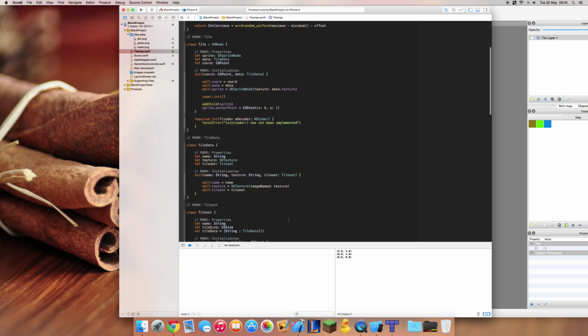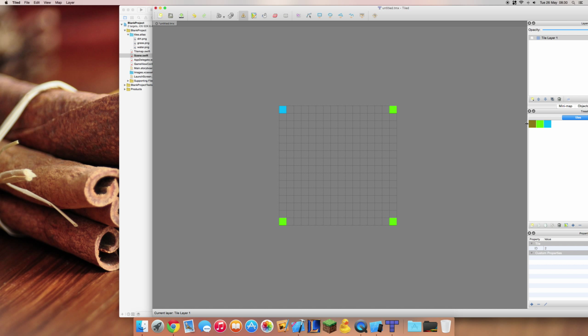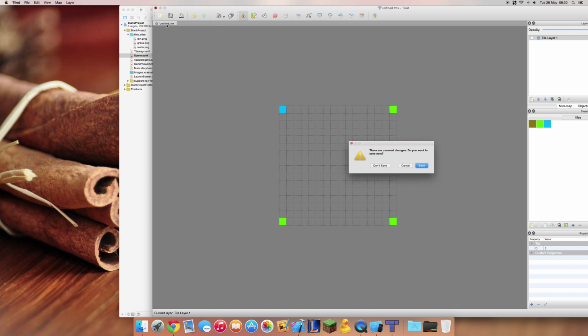We're also going to go into more data-driven stuff, so we're not going to create a tile set like this. We're either going to create a property list ourselves, or we're going to look at using a map created in Tiled and start parsing that